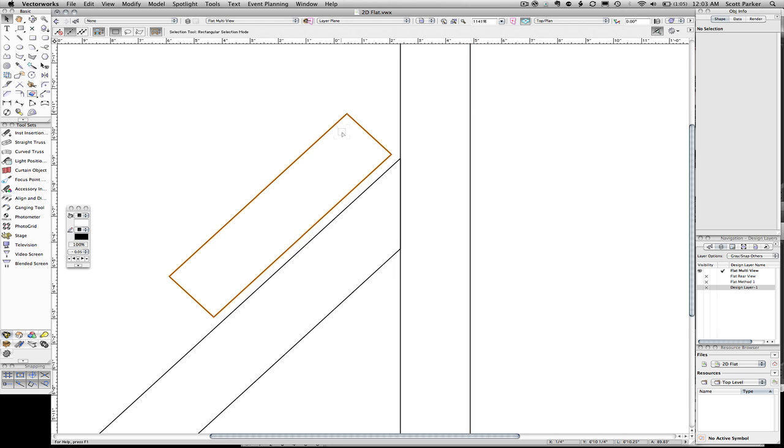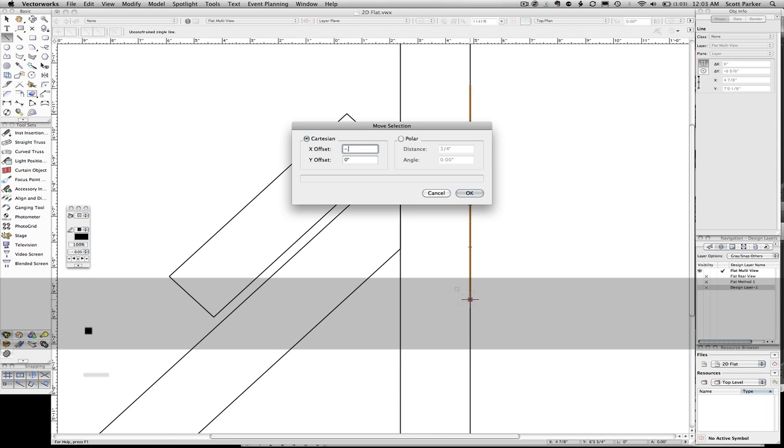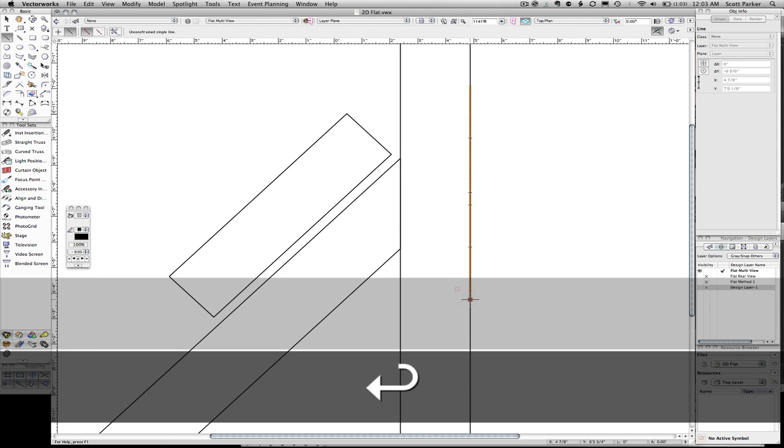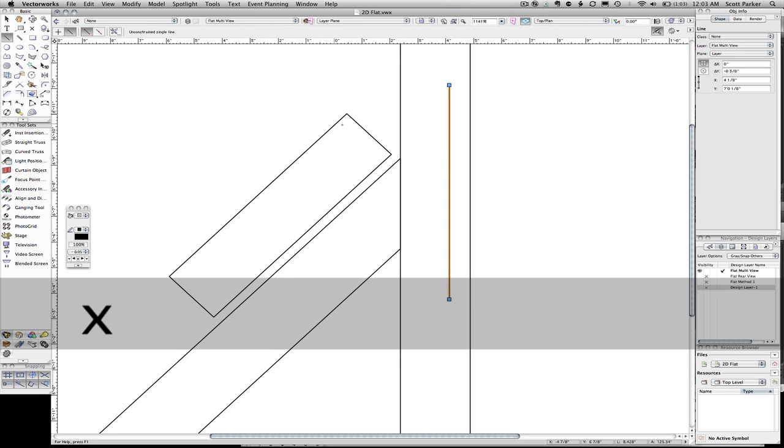So this is a multi-step process. First, we're going to put a marker so that we have our 3/4 of an inch away from the edge. So I'm going to draw a vertical line right here on the edge. I'm going to move that vertical line minus 0.75. So there's the boundary. We're going to take our object here,